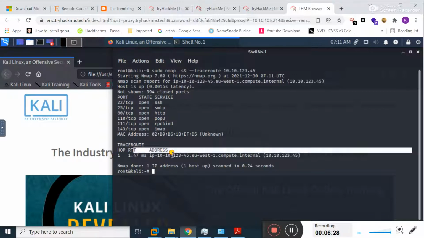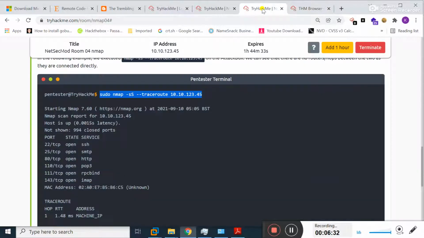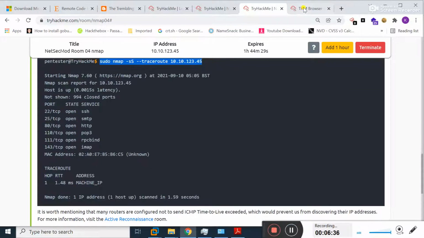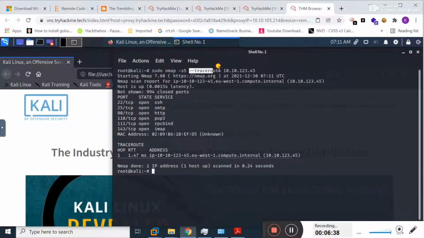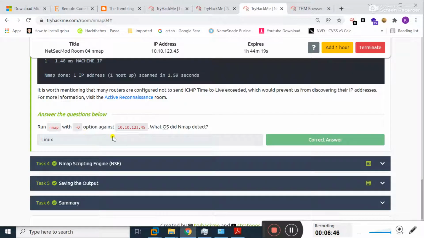Right now it displays only one hop, only one router is present between my machine and the victim machine. So you can use the traceroute command in order to find out the number of routers between your machine and the victim machine.